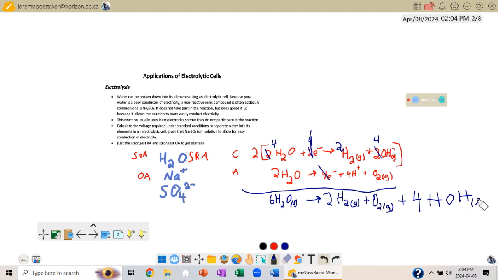Which means, suddenly my writing got messier, I apologize. Which means I've got 4 waters on this side, 6 on this side. These all go away. I'm left with 2 here. Now, I add those reactions, but to find the electrode potential,